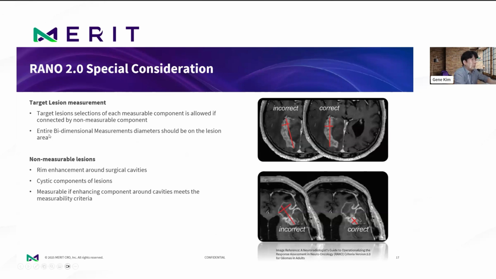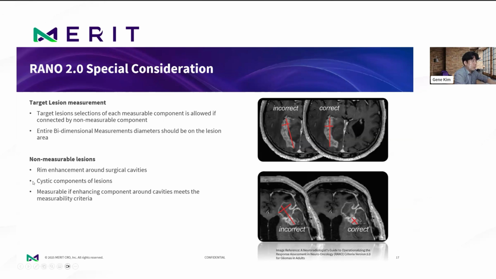For target lesion measurement, there could be some cases where measurable lesions are connected by non-measurable components. In this case, it is allowed to measure the two separate components of the measurable lesions as two separate target lesions to be followed. Also, the entire bidimensional measurement diameter should be within the lesions, but not outside the lesions. There is one good example in the publication where they show correct and incorrect versions of these